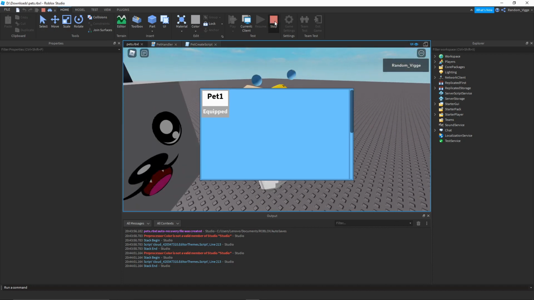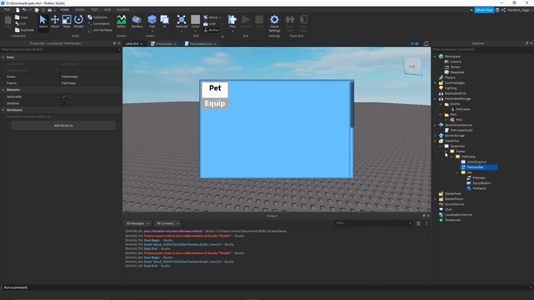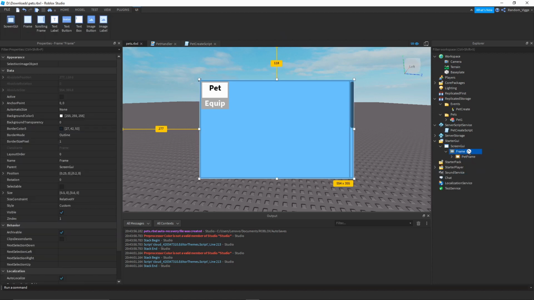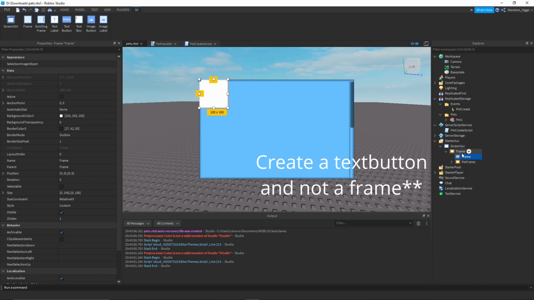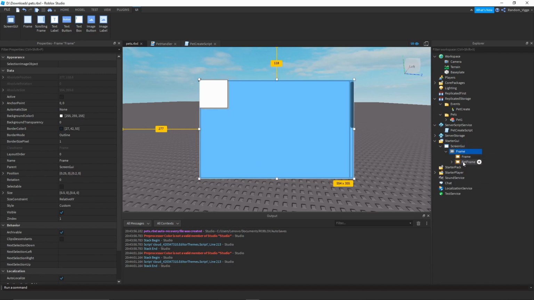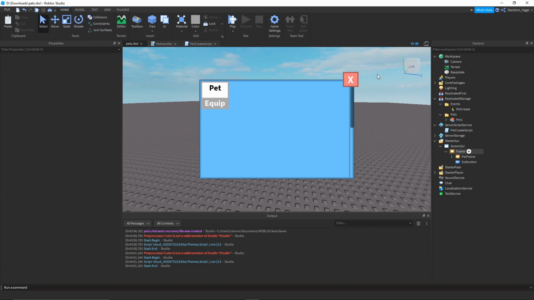which is doing the actual close and open buttons. So you design your own button, make sure the parent of the button is this frame, which is the parent of the pet frame, and after you have designed that button, I'm just going to skip past me designing it because that's going to take some time. So there we go, I have my button done,